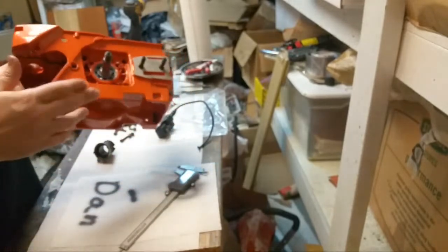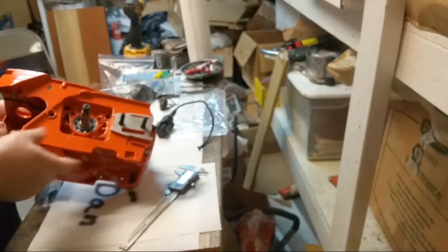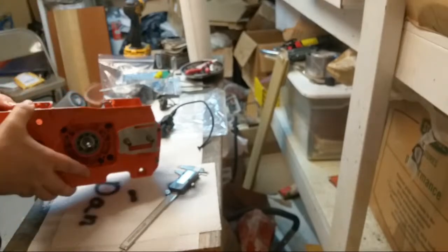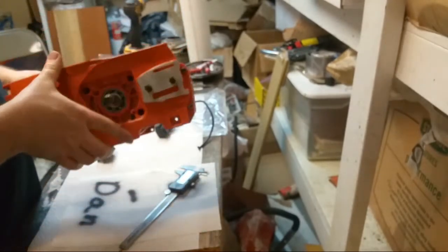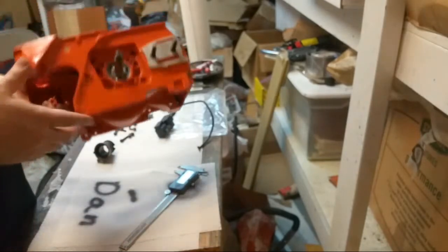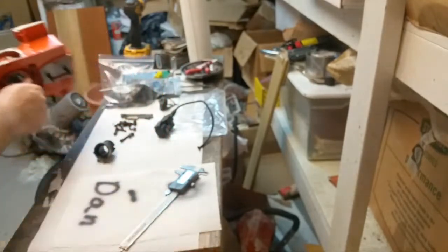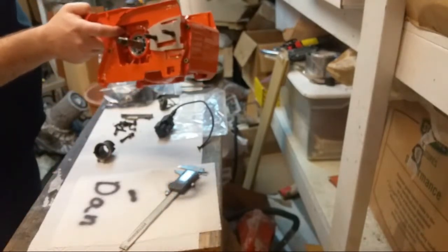But the thing with the 288 stuff is you cannot find the cases. If you can find cases, they're usually beat to heck, and they're still not even that cheap. They're not available new. You cannot get them new, and you cannot get them aftermarket. So you're stuck with original cases. These are original cases. These have been cleaned up, powdered, new bearings, gaskets. I've got the gasket set that goes with this that I include. If I get super ambitious, I'll start building it up. But once I do that, the price starts to go up too. So if anybody needs a 288 crankcase, i.e. Band Mill Bob,